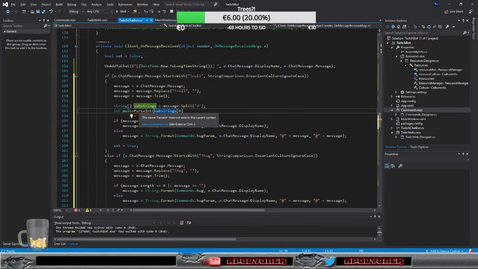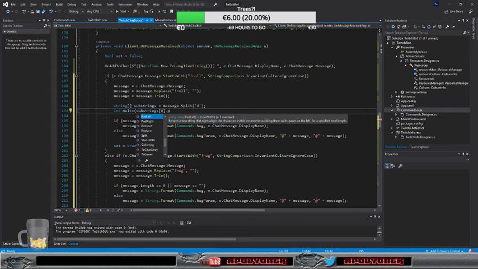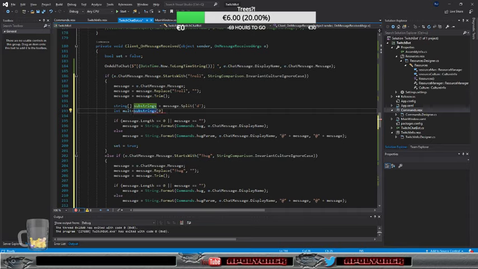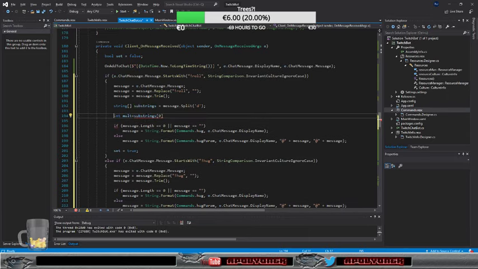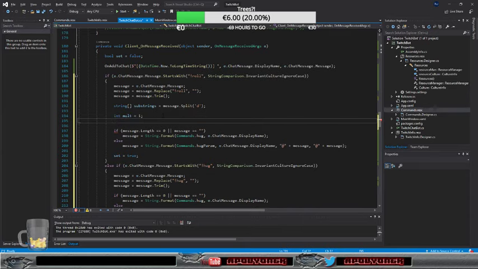Parse int or int parse. Even though we only need that if we, so let's set this to 1, and if substrings 0,